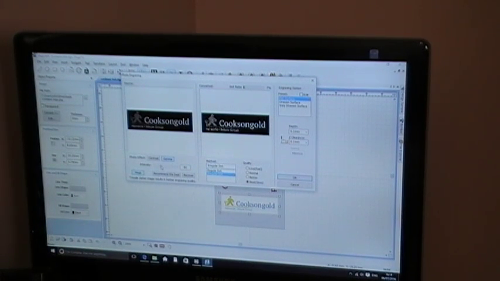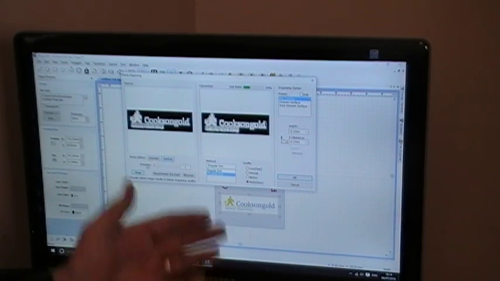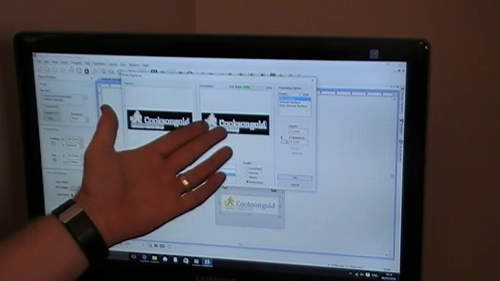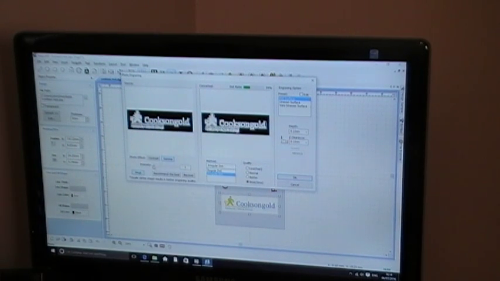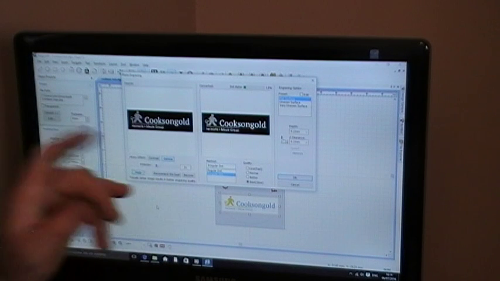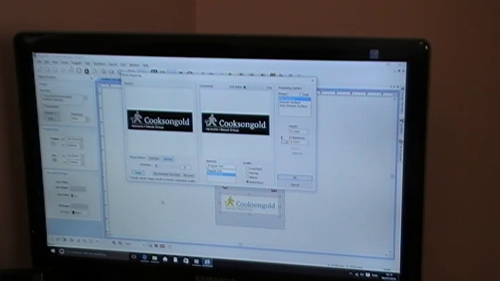So if you play around with the slider, if you go too far one way, there's not enough, you lose all the quality, and if you go too far the other way, it goes over the top and you're not going to be able to make out the logo very well. So it is a little bit of trial and error, selecting the right intensity of it. There is a section where it will recommend the best for you, but I tend to do it